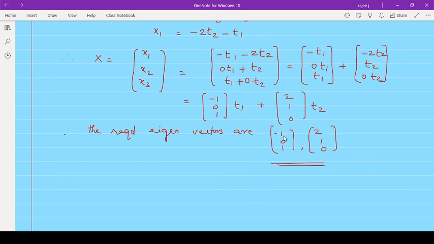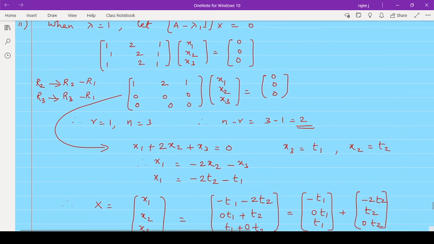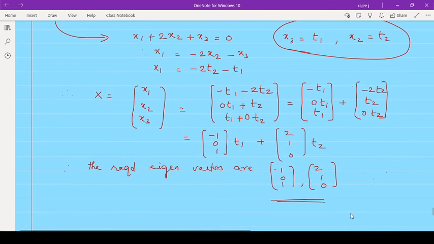Now one thing you need to remember is that these vectors you got here can be in a different order. Suppose someone is doing it, they may get the answer as 0, 1, 2 instead of 2, 1, 0, then also it is right. That depends on the values. If someone is giving x1 and x2 as t1 and t2, then they may get the answer in a different order, up and down. Then also it is right.